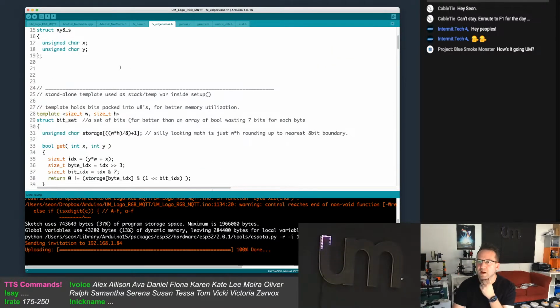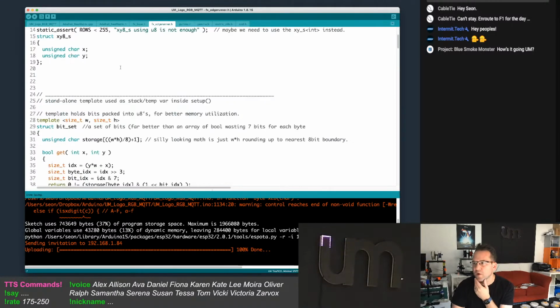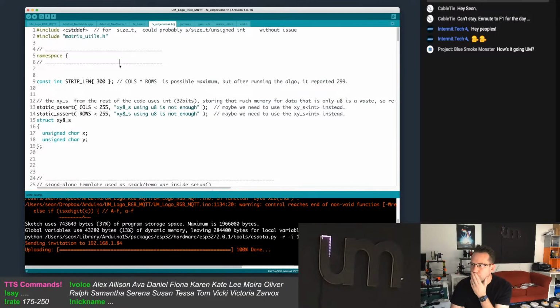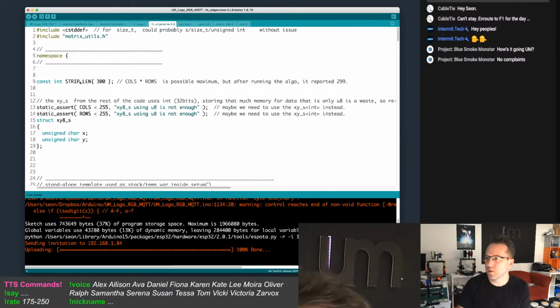So I managed to get one of AJ's bits of code in, and it actually compiles. I had to make some changes. And it occurred to me that I don't know how C works, I'm calling it C, but it could be C, C++, whatever this combination in Arduino is called. I don't know how it works with deriving or inheriting off base classes and then being able to call the base class and have the actual inherited class function.